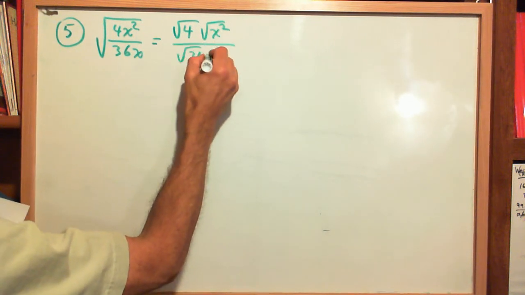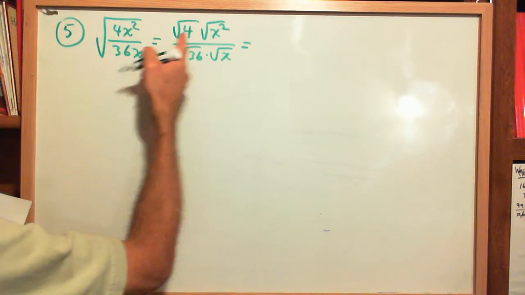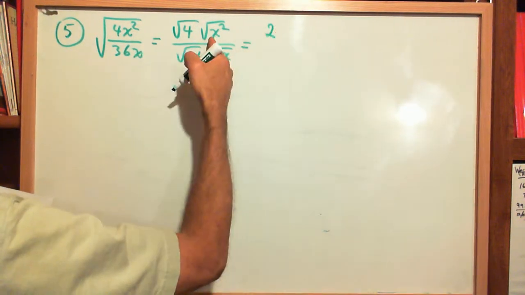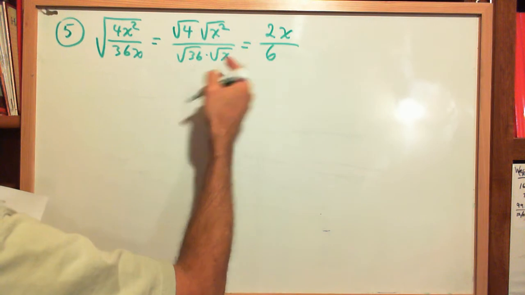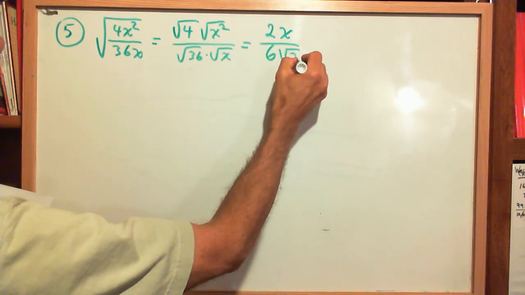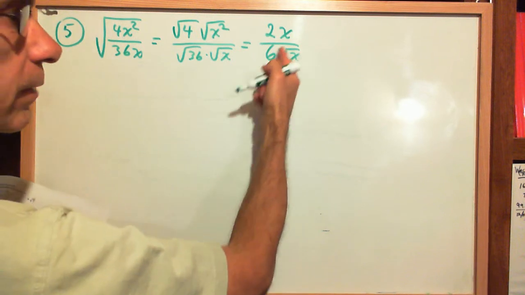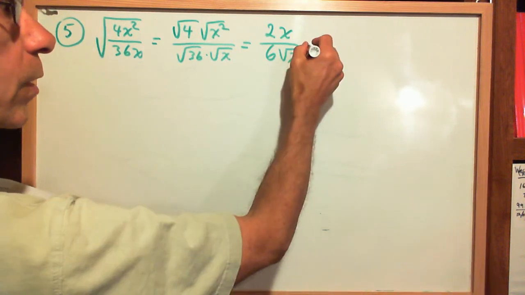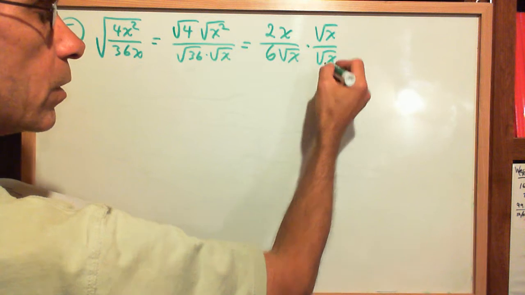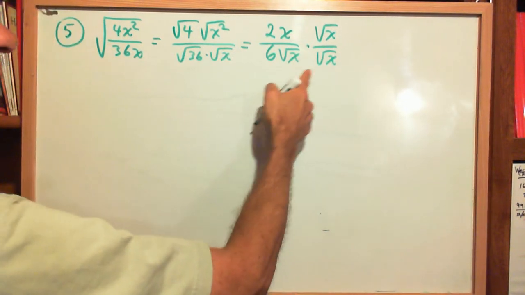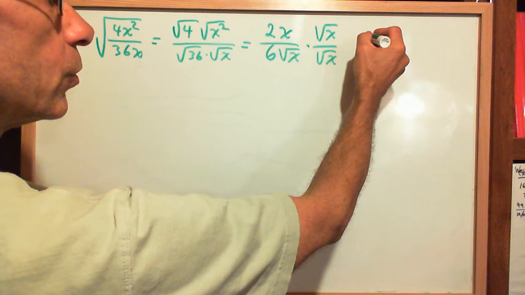Square root of 36 times the square root of x. So as I look at this, square root of 4 is 2, square root of x squared is x, square root of 36 is 6, and then the square root of x, right? And then I said, well, I can't leave this in the denominator, so I multiplied both top and bottom by the square root of x, if you recall. This is called rationalizing the denominator, okay? And that's just going to give me 2x